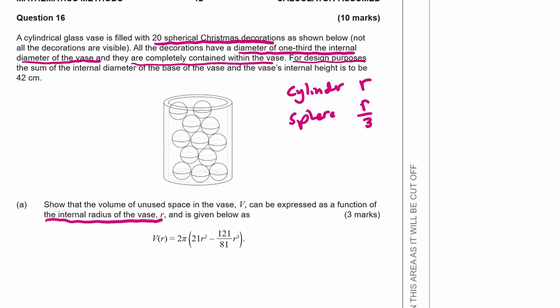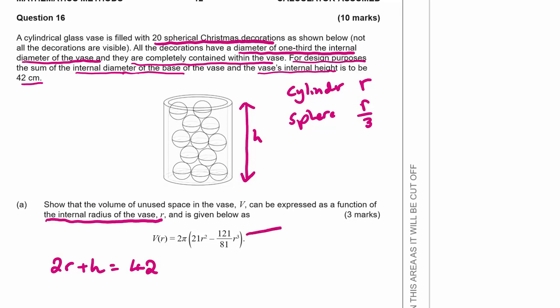For design purposes, the sum of the internal diameter of the base and the vase's internal height is to be 42 centimeters. So the diameter is 2R, and if we call the height H,